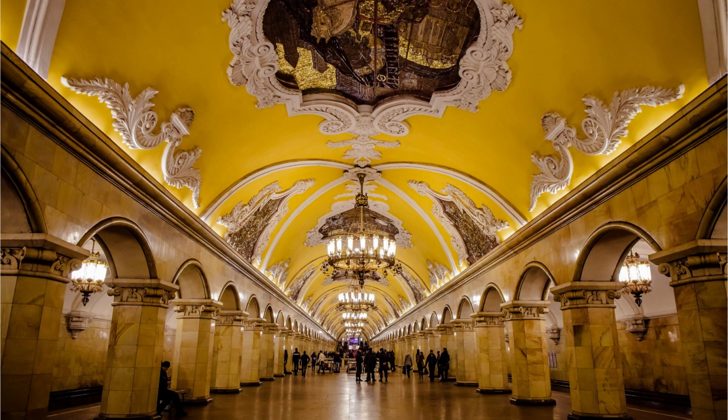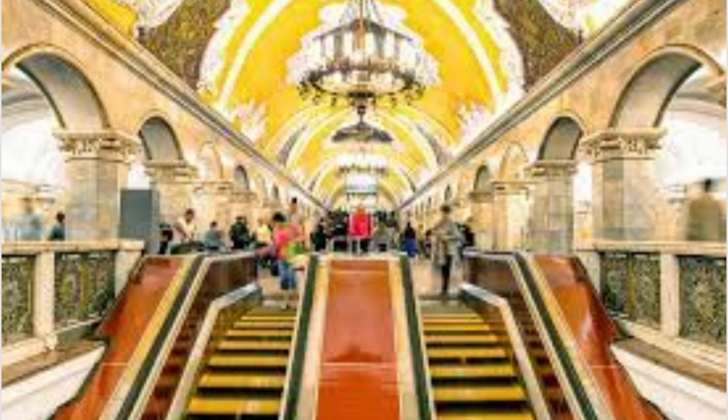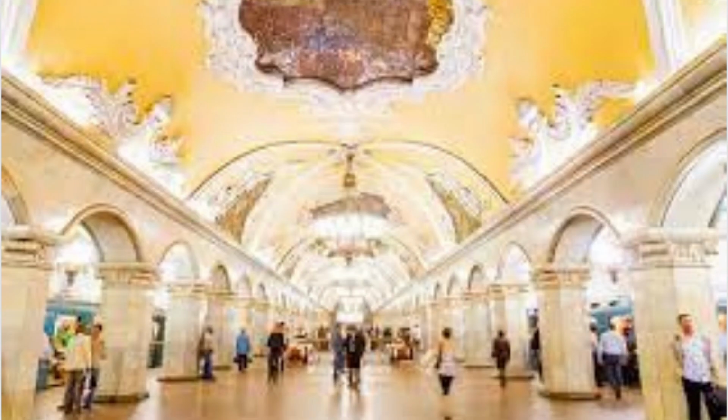Surrounded by filament lights, there are a total of 34 ceiling mosaics by Alexander Deinica with the theme, 24-Hour Soviet Sky. In 2005, a new second north exit was built, along with a new vestibule. Passengers leaving the station first descend on a short escalator ride into an underground vestibule, and then ascend the long way to the surface. The new exit also allows access to the 35th mosaic, which was previously hidden behind the